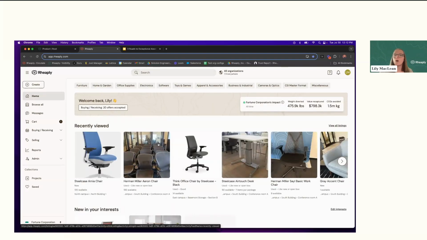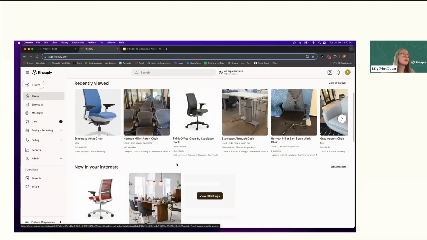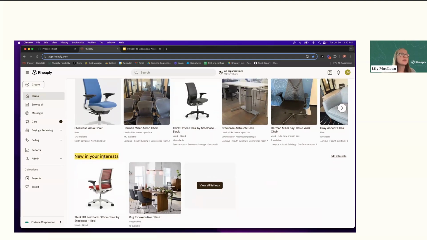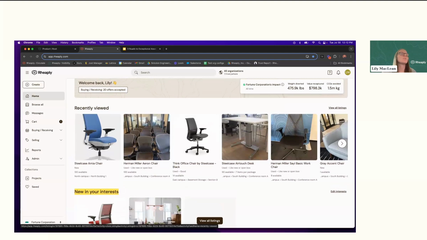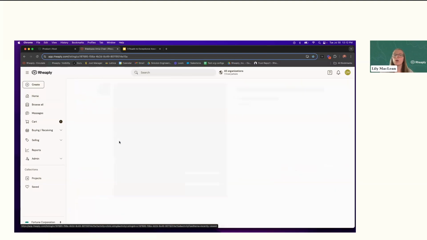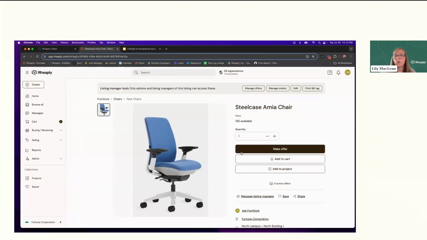So what typically we see is warehouse managers, asset managers, project managers managing a portfolio, and then internal users, designers, other users coming and claiming things on a limited basis. So once I find something that's interesting to me, potentially it meets my interests, maybe it's close to me geographically, but ultimately we're designing and we're procuring with reuse in mind.